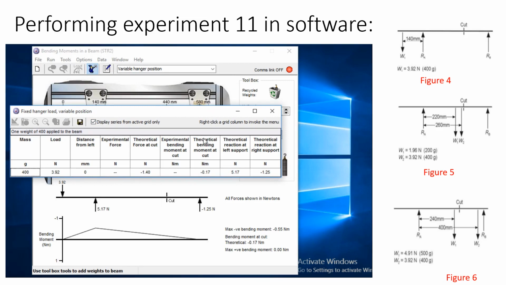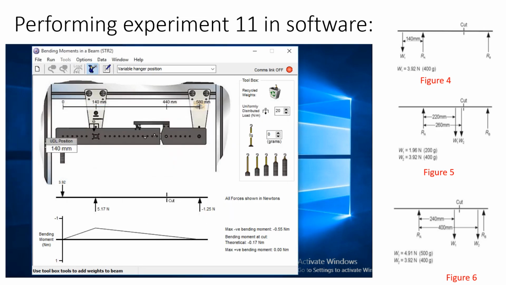Now we will apply the load according to figure number 5. Here you can see two loads are applied, 1.96 Newton and 3.92 Newton, and we will select 200 gram and apply W1 on the 260 millimeter away from the left position.